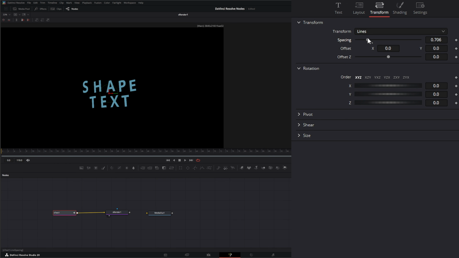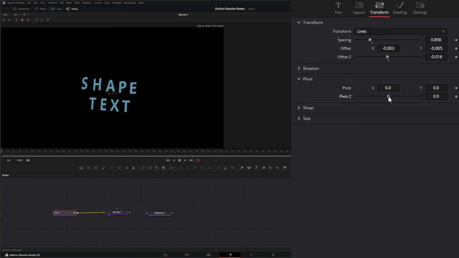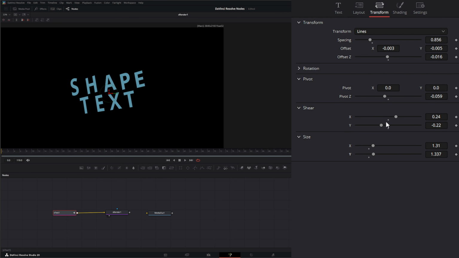So we can change our line spacing. We can offset on the X, the Y, and the Z. And we can rotate on the X, the Y, and the Z. And with all these, we can also change our pivot. So we can change our pivot location. We can change our shear on the X and the Y. We can change our size on the X and the Y. And again, these are all independent for each